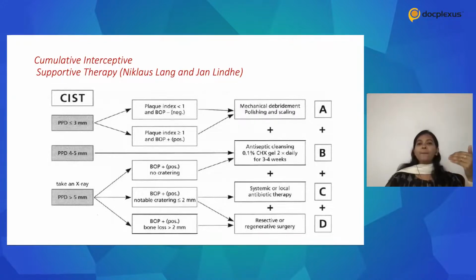A is nothing but plaque index less than 1, and bleeding on probing is negative. So these are the 3 ways to classify our